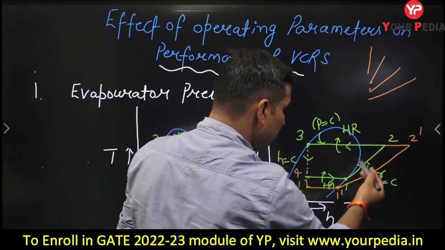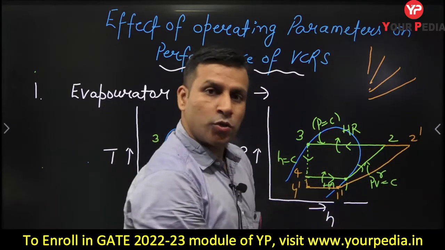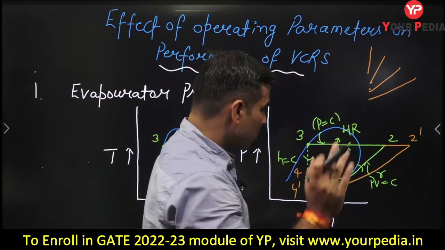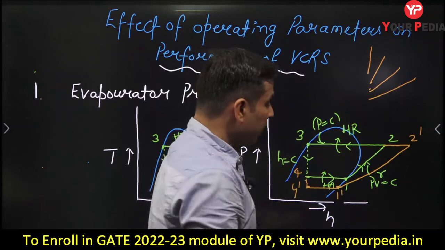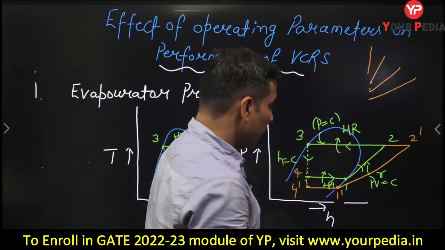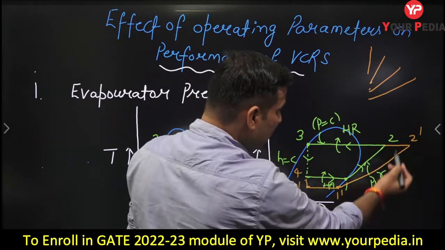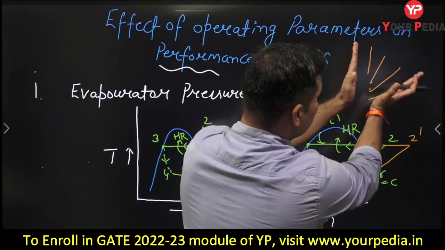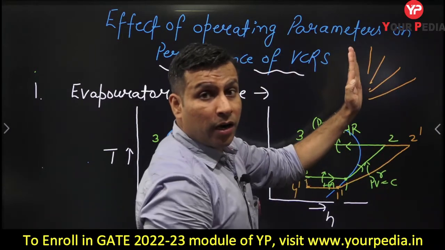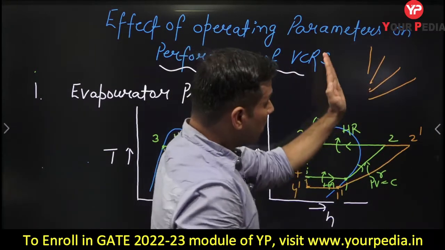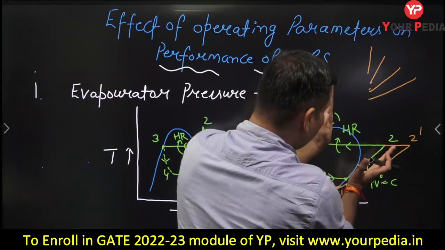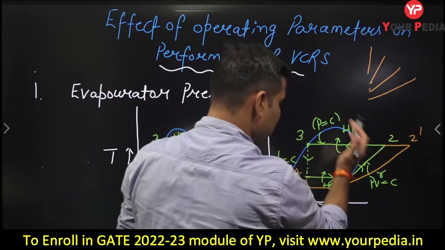These curves show us the isentropic curves in the superheated region. I will show you the constant temperature curve also, don't worry, when I talk about superheating and the effect of subcooling. Here you need to remember these are the isentropic curves, the reversible adiabatic compression process. Their slope will increase as you increase the pressure, something like this.